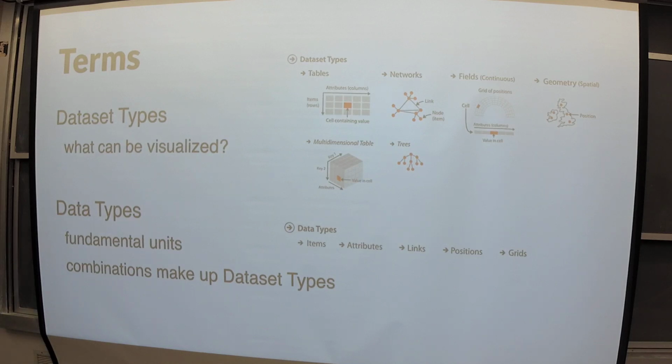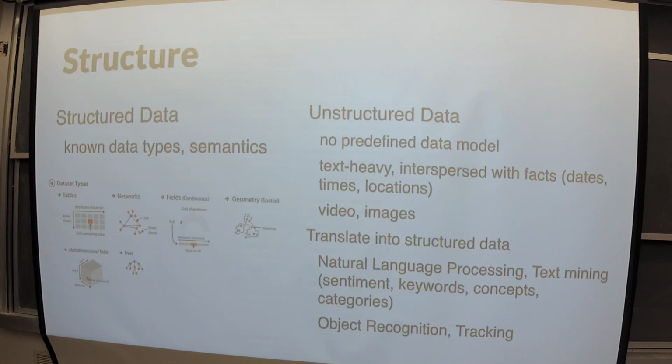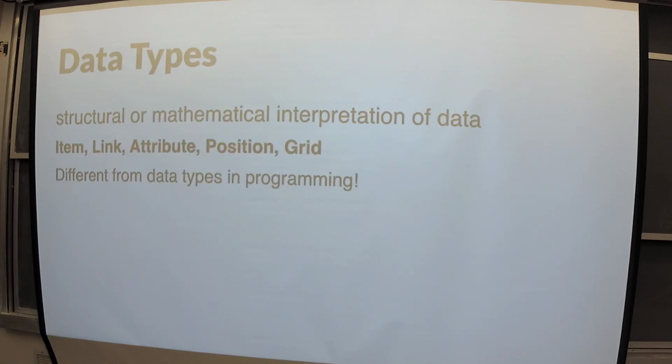We talked about datasets, types, and data types. So dataset types, what can be visualized: tables, networks, fields, geometry; and data types, which are the fundamental units, which in combination make up the dataset types. We distinguish between structured and unstructured data. We talked about that visualization is really mostly concerned with visualizing structured data, and if we have unstructured data, we usually do some process first before we actually visualize it, such as NLP or computer vision like object recognition